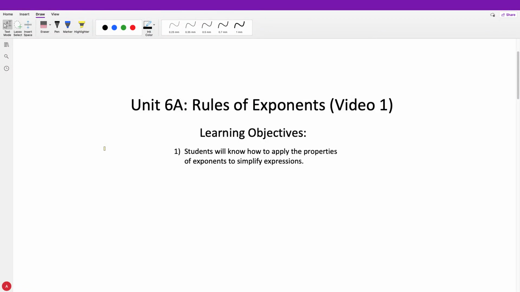All right, so we're now moving on to the first section of our last unit of the year. So we are almost finished. And what we're doing now is we're going to learn about rules of exponents. And this is going to be broken up into two separate videos because there's 7 rules that we need to